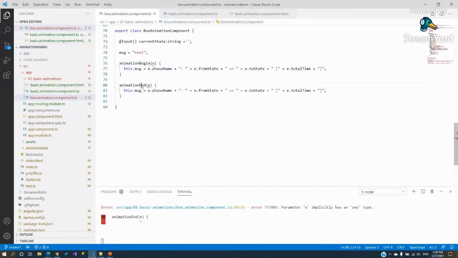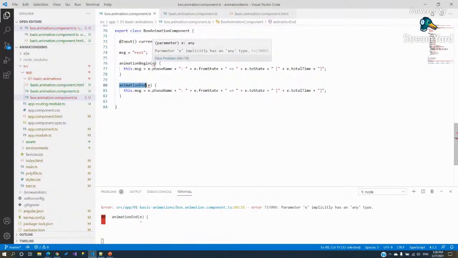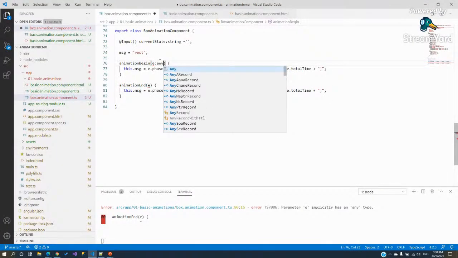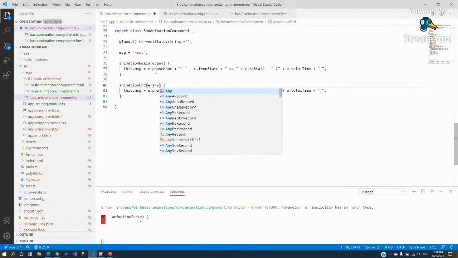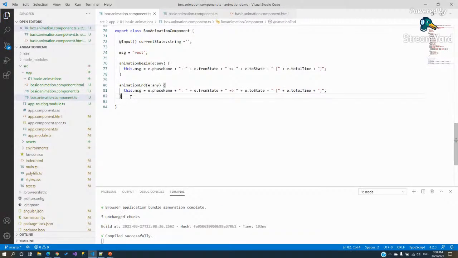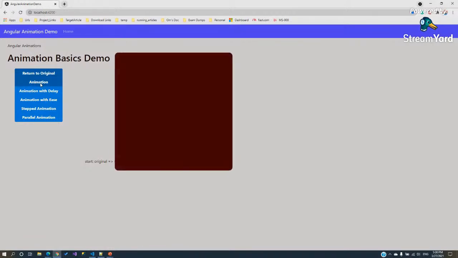And for animation set, we are printing similar types of messages. See, for the first part, we have only a single animation that is done, void to original 1000. But when you click on the animations,